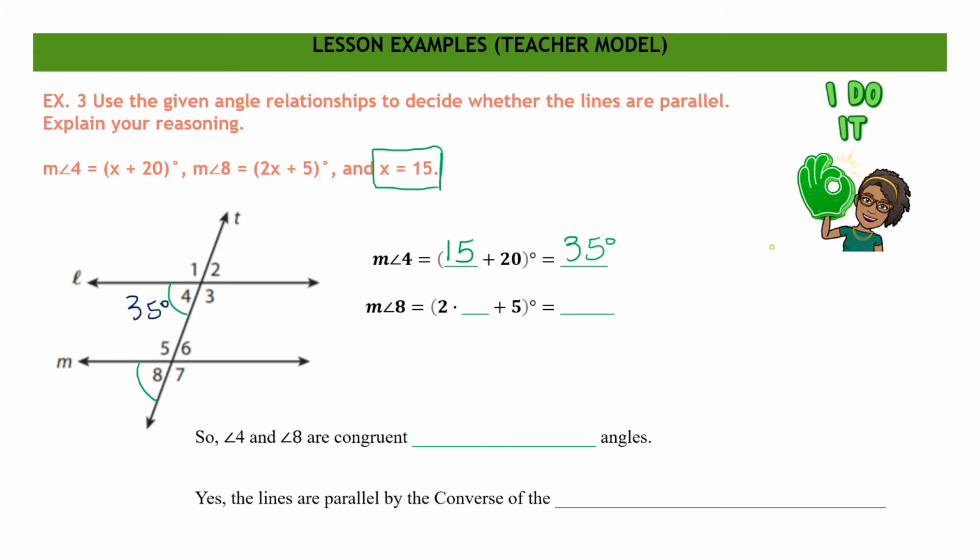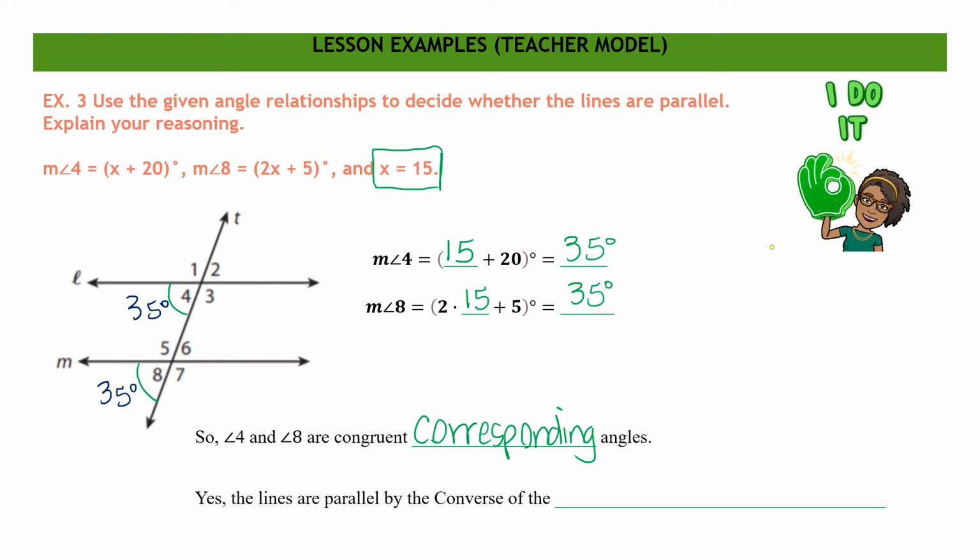And then for the measure of angle 8, they gave us the expression 2x plus 5. But instead of having the x, we're going to go ahead and replace that x with 15. So I have 2 times 15, which is 30, plus 5 is 35. So I know the measure of angle 8 is 35 degrees. So I see that both of them have the same measure for their angles. So that tells me that angle 4 and angle 8 are congruent, corresponding